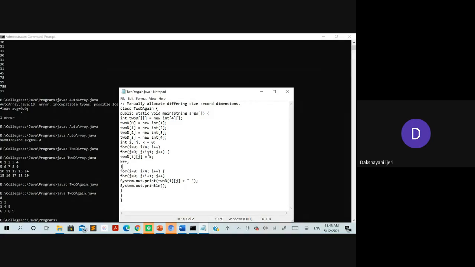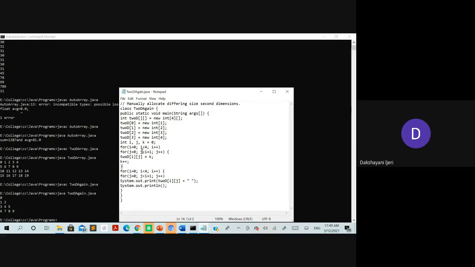and here you don't know what the value is over here, but you just know that one value greater than the row has been taken here, right? So for that, you can see the condition is j is less than i plus 1. You can see here for the first row, the column is 1. For the second row, the column is 2. For the third, it is 3. And for the fourth, it is 4. That means every time the value of the columns is one value more than the row, right?